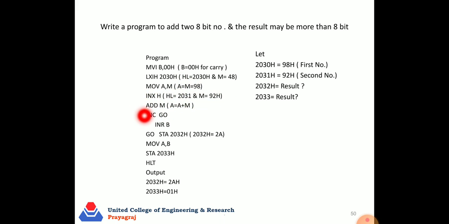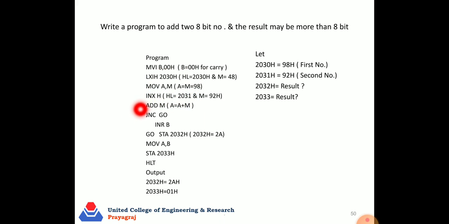Then we are going to add the two numbers. So ADD M. ADD M means A equals A plus M. We have already discussed this program in the previous lecture, lecture number 4, so it is copied from the previous lecture. What are we adding in this program?